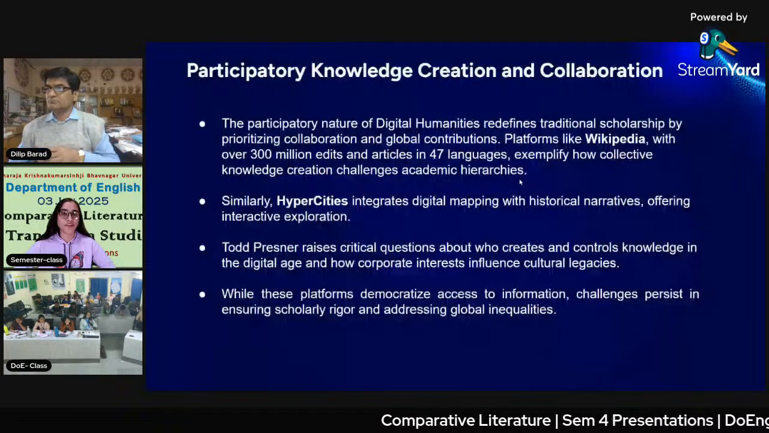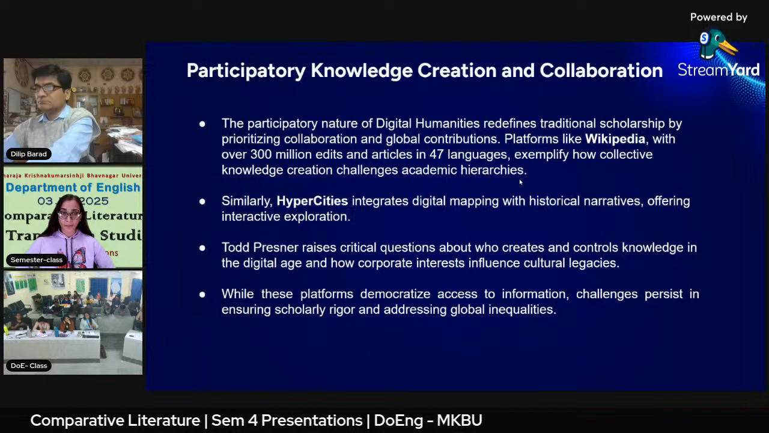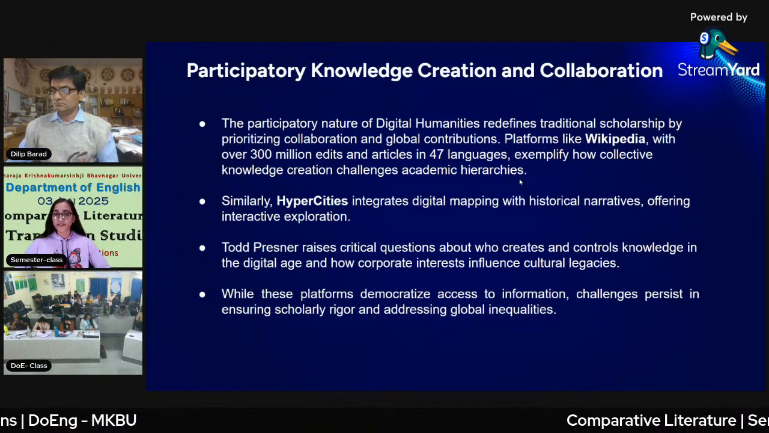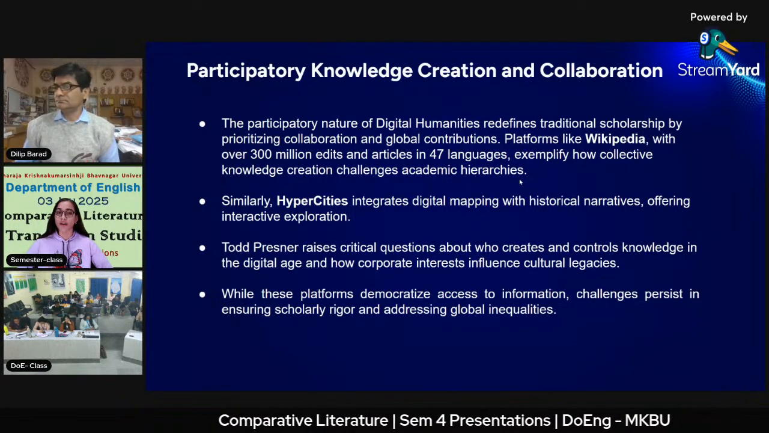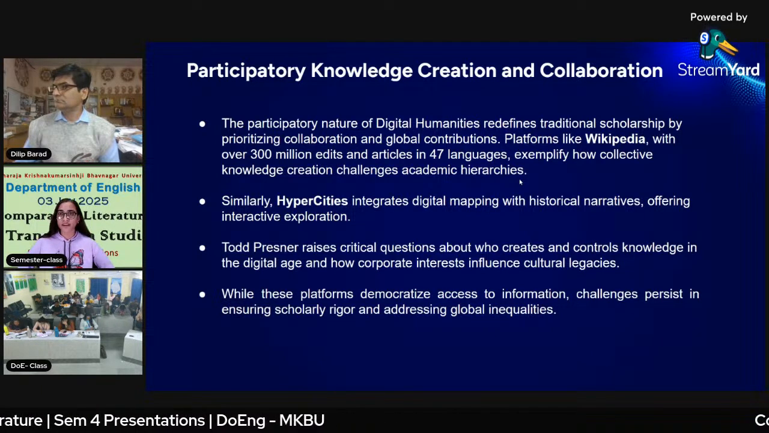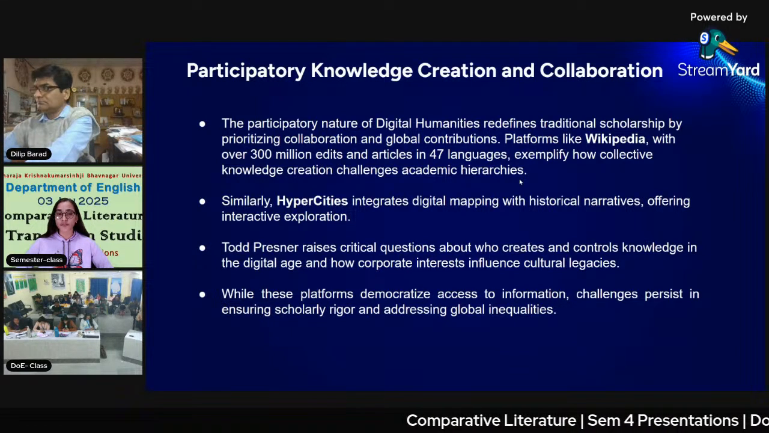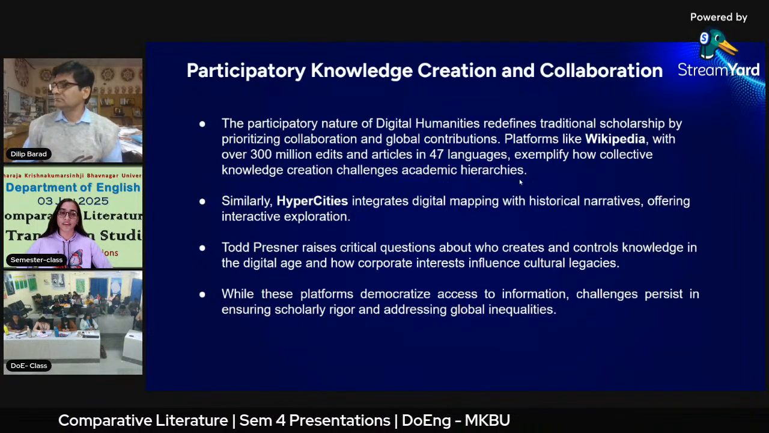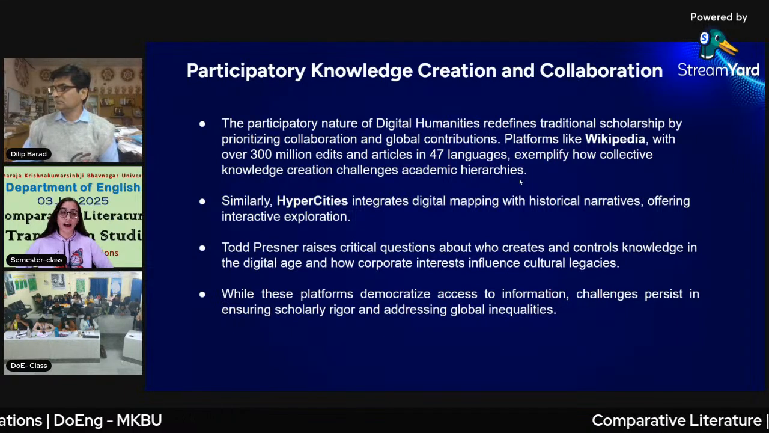Second is participatory knowledge of creation and collaboration. In this context, the participatory nature of digital humanities redefines traditional scholarship by prioritizing collaboration and global contribution. Platforms like Wikipedia, with over 300 million edits and articles in 47 languages, exemplify how collective knowledge creation challenges academic hierarchies. Similarly, hypersites